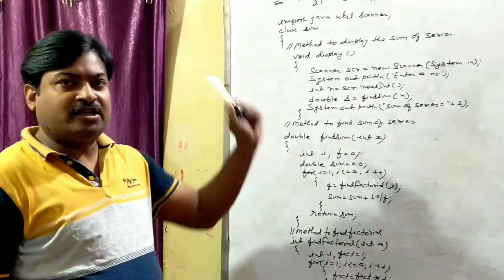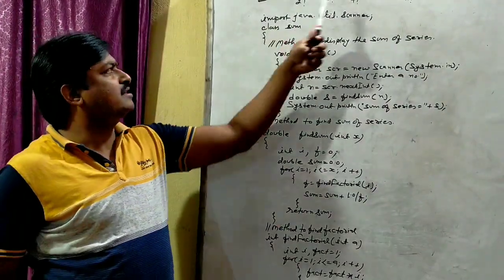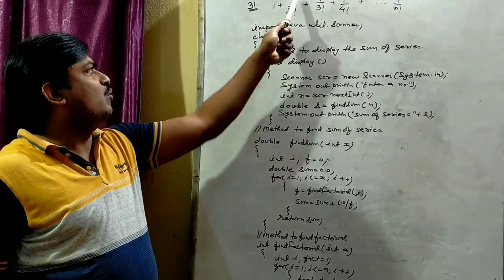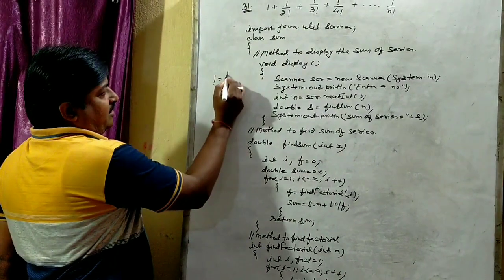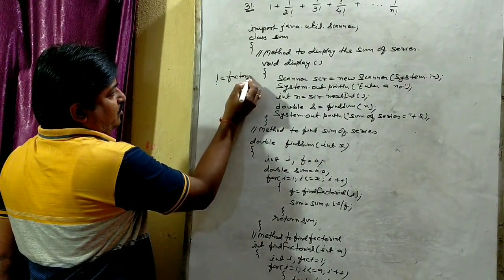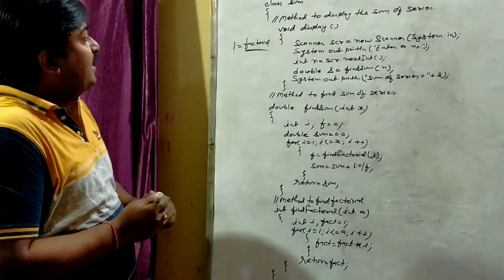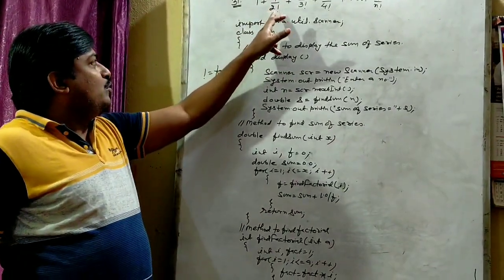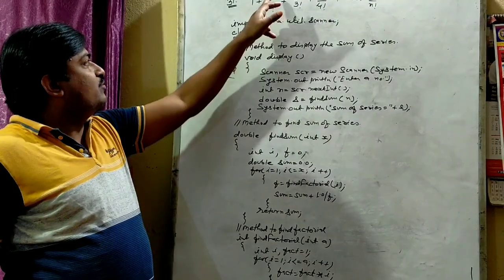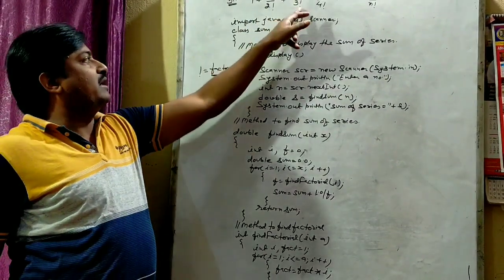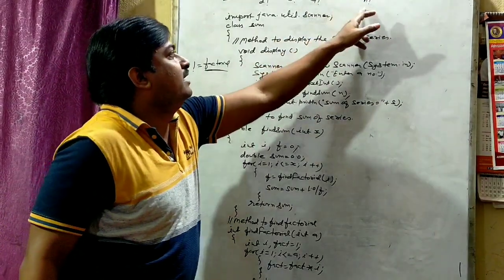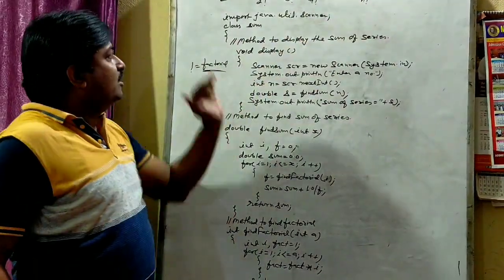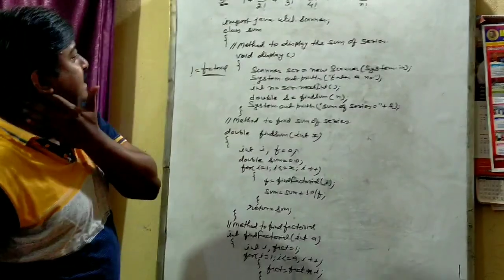Now today I am explaining question number 31, that is, find the sum of series, and the series is given here: 1 plus 1 by factorial of 2. Students, this symbol indicates the factorial. So 1 by 2 fact means 1 by factorial of 2, plus 1 by factorial of 3, plus 1 by factorial of 4, till 1 by factorial of n. So we have to find the sum of this series.